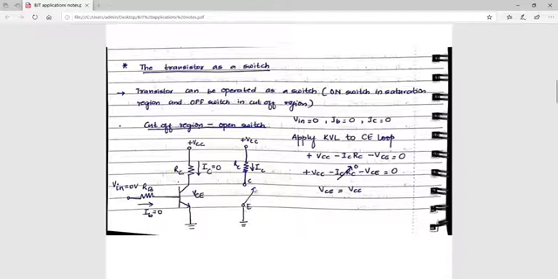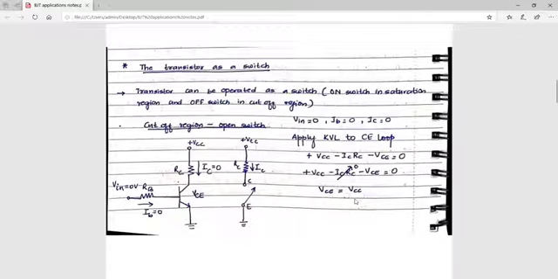And we know that the transistor will operate as an open switch here. Now, since our IC is 0, this entire term is going to become 0. So we will get the equation VCC minus VCE equal to 0. So VCE will be equivalent to VCC for the cutoff region. Please remember this. At the cutoff region, your input is 0, IB is also 0, IC is 0, which will result in a condition that your VCE will be equivalent to VCC, right?